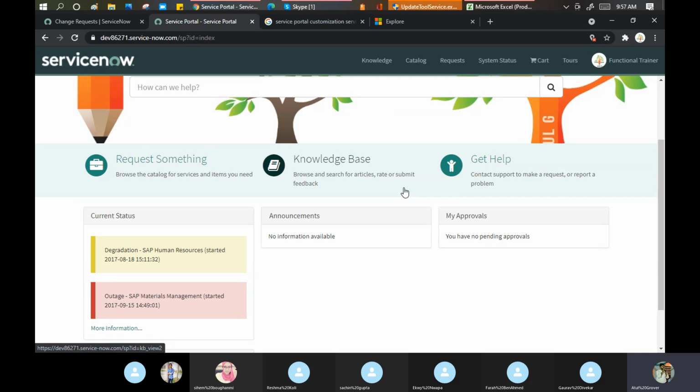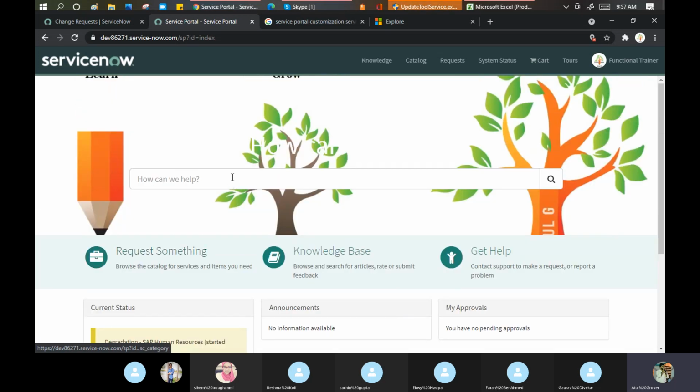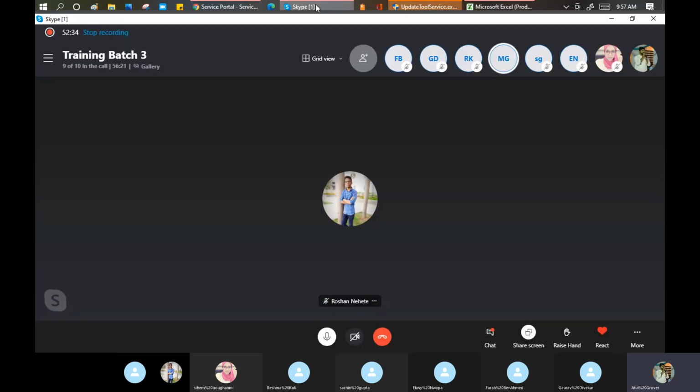So this is the place, or maybe I can say this is the way that my service portal has been made available for my end users. Again, I'm using the term end user. The user who doesn't require any license in ServiceNow is called the end user. Any doubt, any question, any clarification till this point?